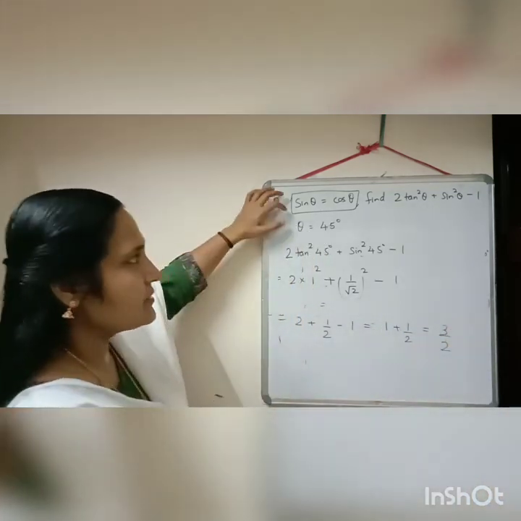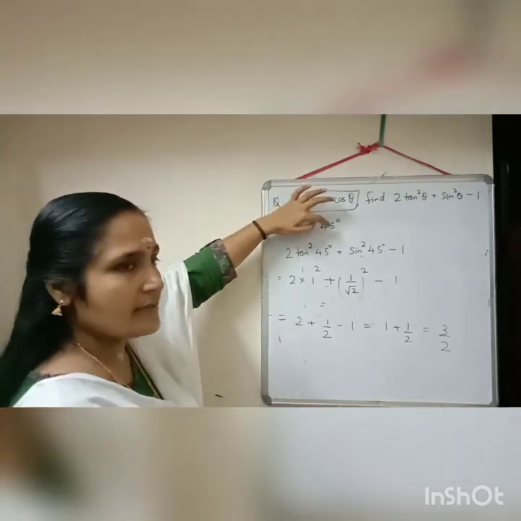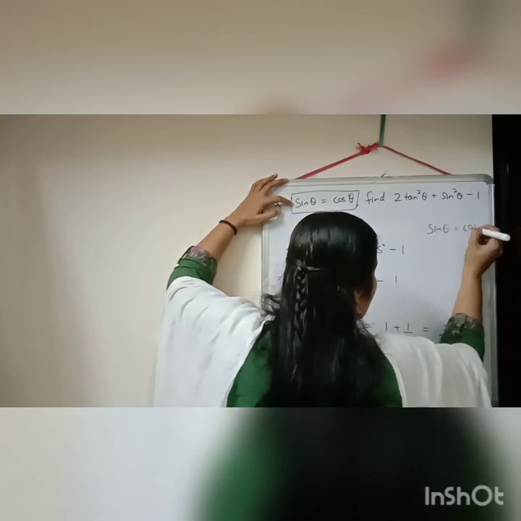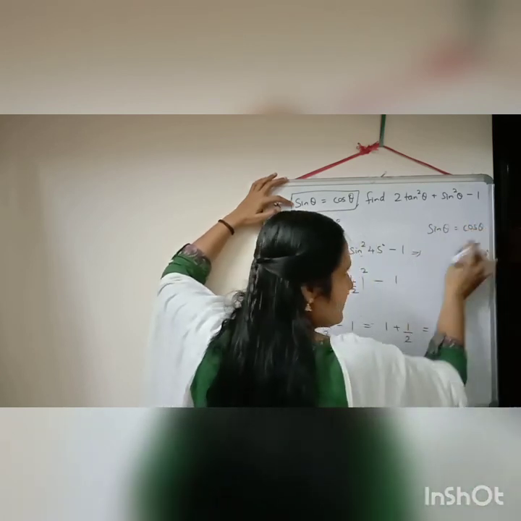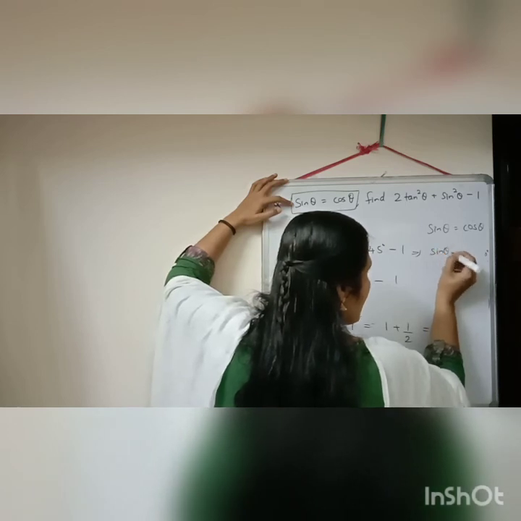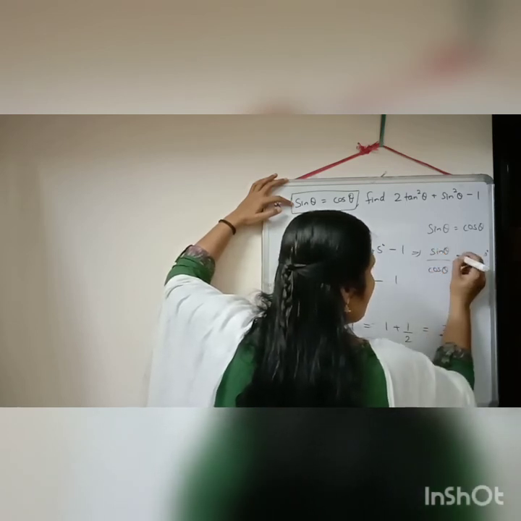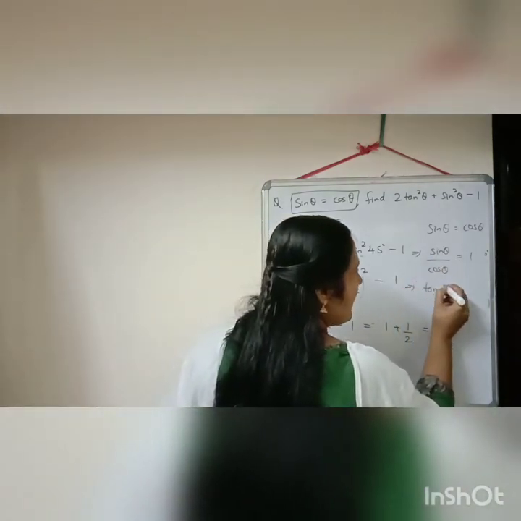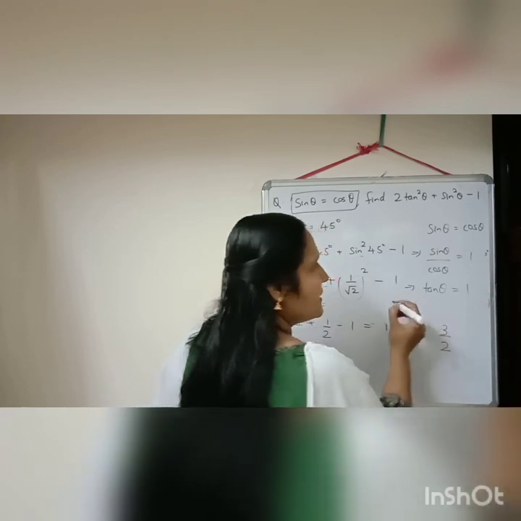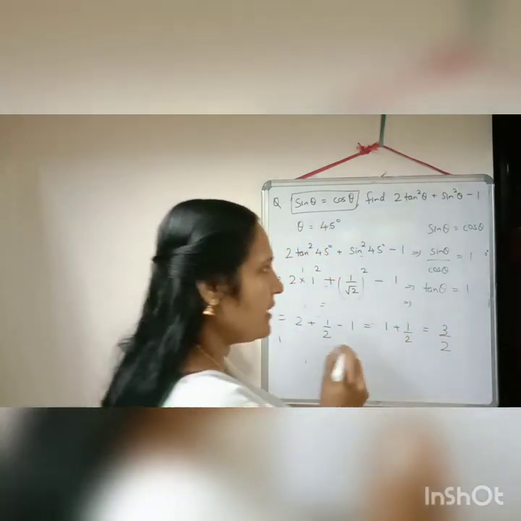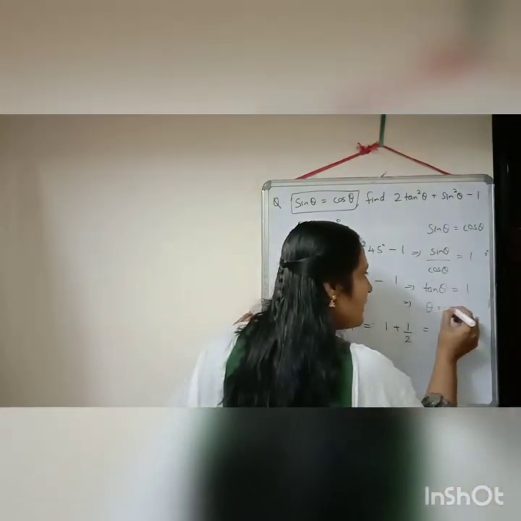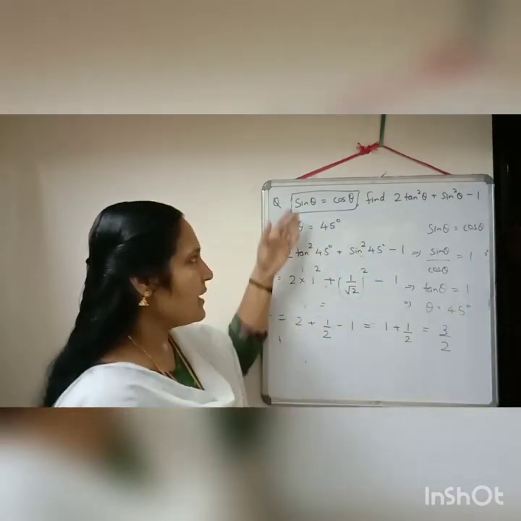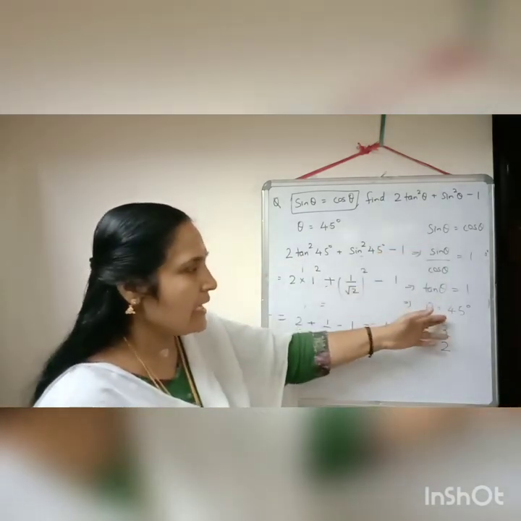So either you can use this method to calculate theta, or if sin theta is equal to cos theta is given, suppose cos theta I am shifting to left hand side, then we will get sin theta by cos theta is equal to 1. And what is sin theta by cos theta? Tan theta. So tan theta is equal to 1. And then from here you can check, when tan gives the value 1, 45 degrees. So theta is equal to 45 degree. So either you can use this concept or you can use in this way also.